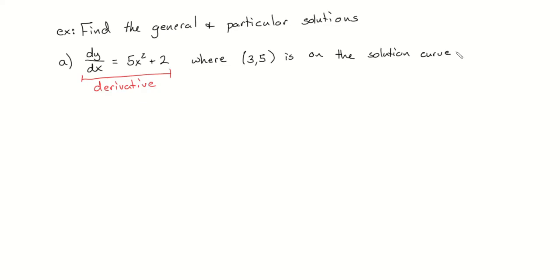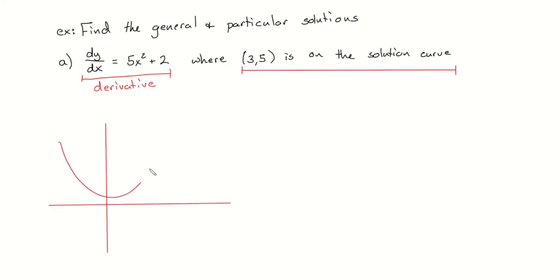When I solve this differential equation, my answer is going to be a function. It's going to be an easy function, because all I'm looking for is the function that has that as a derivative. I just need to find y equals. Undo this derivative, so that instead of dy/dx equals, we get to y equals. That's the whole goal. When we say (3, 5) is on the solution curve,